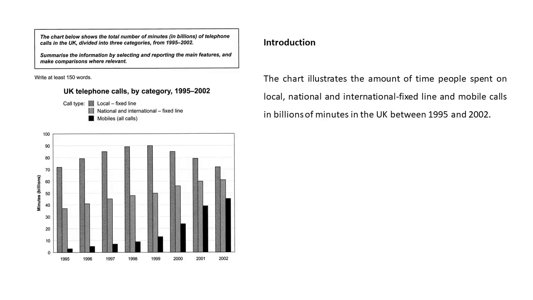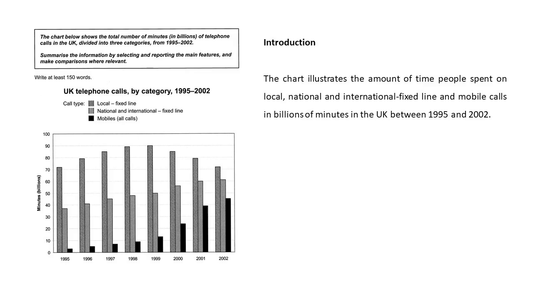In 1995, beginning, local fixed line calls account for just over 70 billion minutes. So remember, we give the opening figure, just like with line graphs. Very, very similar to line graphs. This figure was approximately double that of national and international fixed line call minutes, and far above mobile call minutes, 3 billion. What I'm doing here is I'm starting with all three numbers. I'm doing each category, local, national and mobile, giving you the figure for each. But from this point, I'm going to only talk about local fixed line, because that's really the topic of my